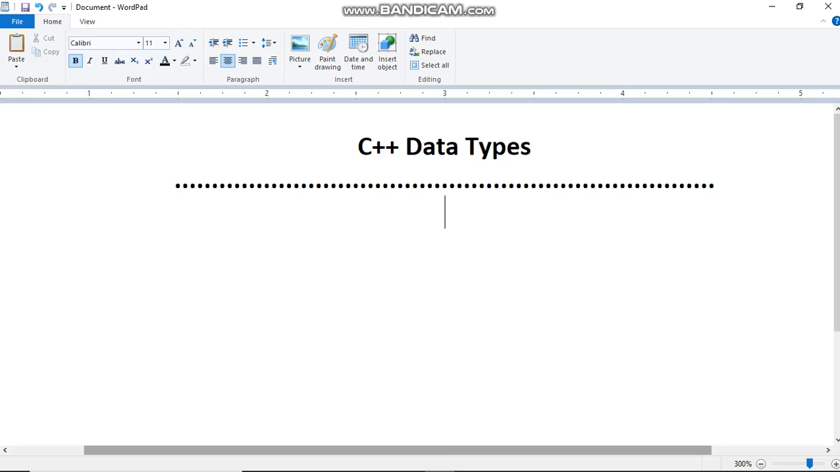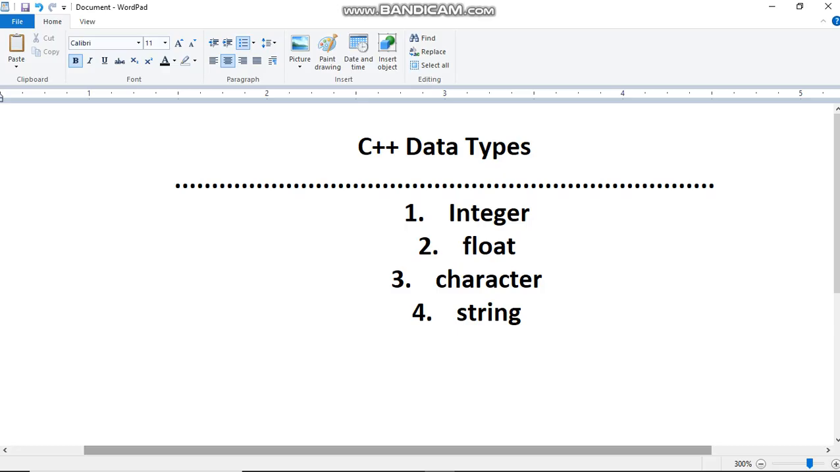C++ has inbuilt data types, or what we call primitive data types. We have integer as the first one, then float, the third one is character, the next one is string, and the other one is called boolean. So these are primitive, or inbuilt, data types. Then we have other user-defined data types such as structures, enum, and classes, but we'll look at that